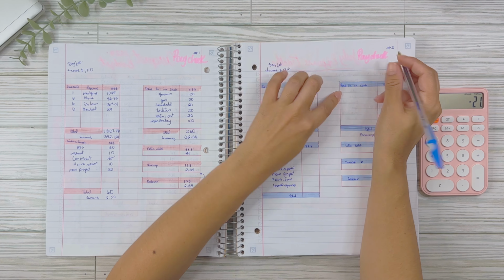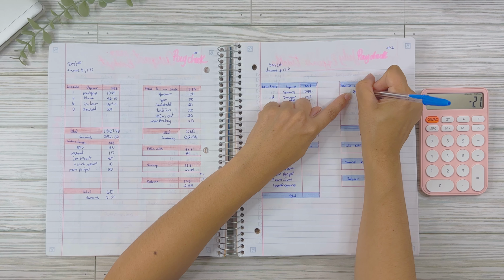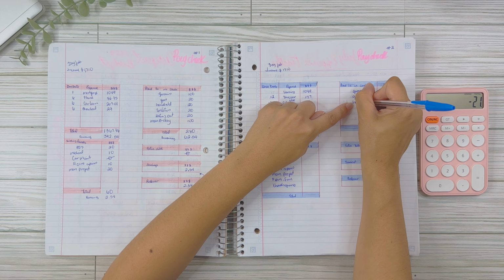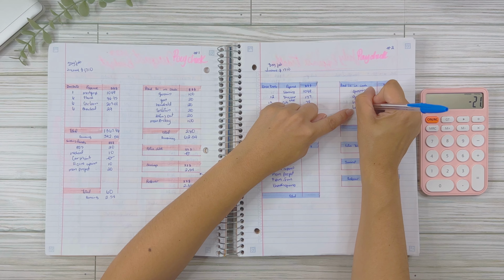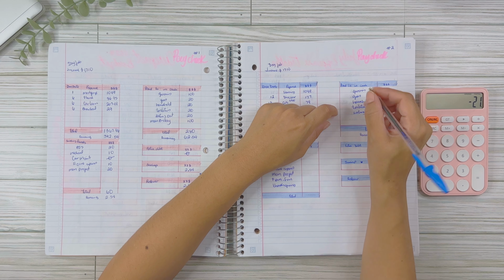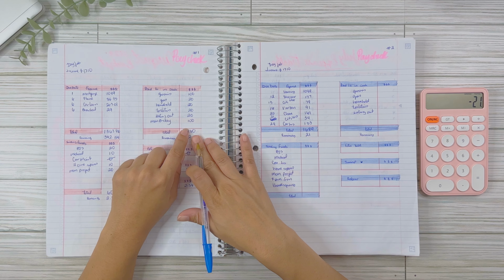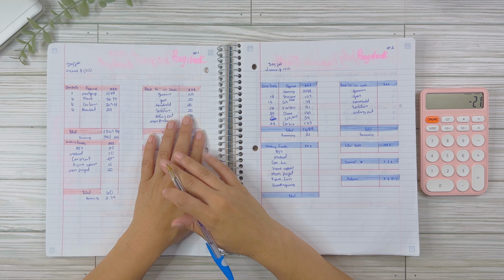Then for my paid in transactions, I have groceries, gas, household, then toiletries, eating out. Should have filled this out before, but this was a new one that I added here. It was my mom's birthday, and I set aside $100 because I wanted to take her for breakfast, for brunch